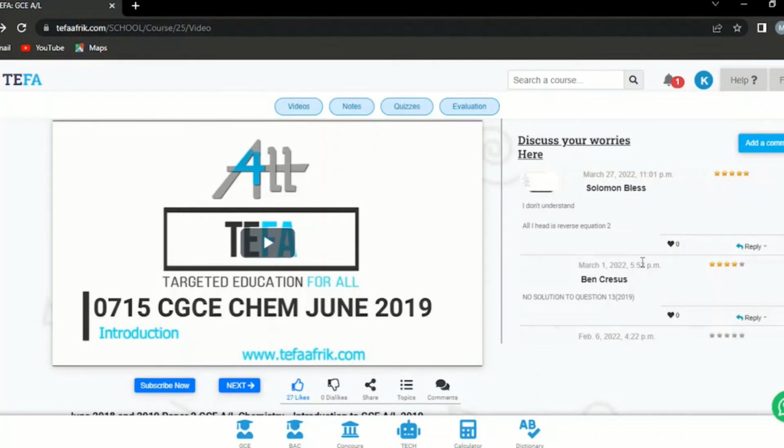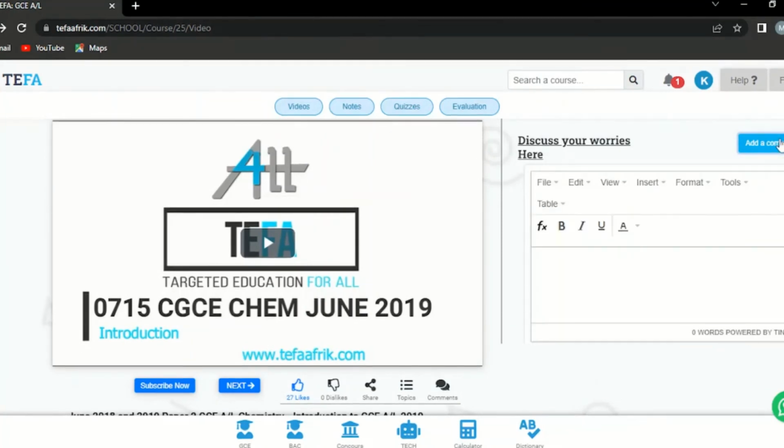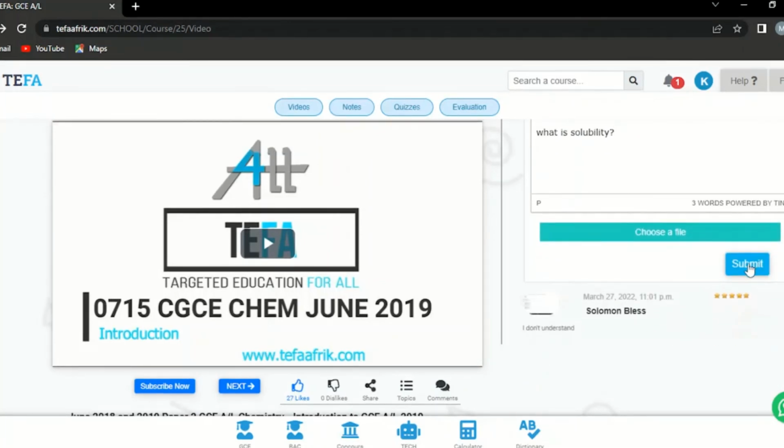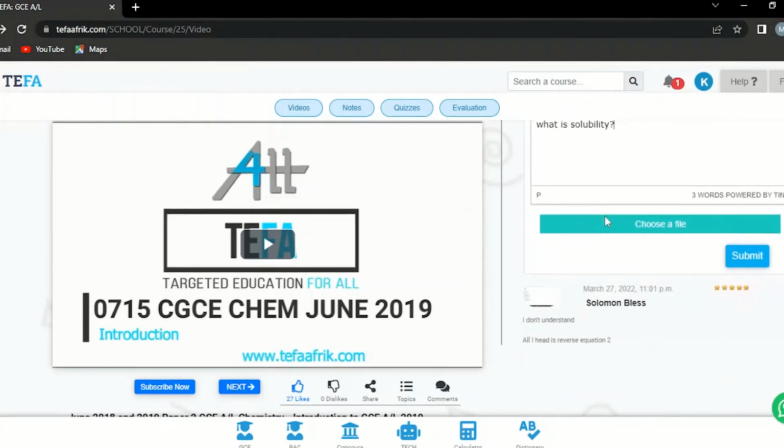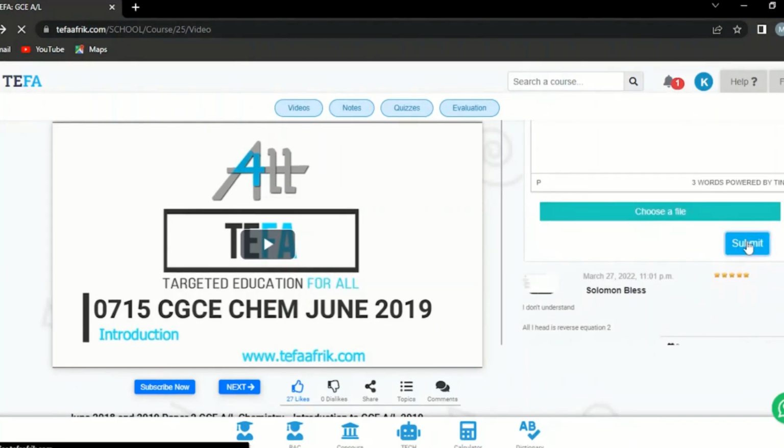If you want to post your question, you click on add comments, and then you text your question, what is solubility, for example, and then after doing that, you submit. Now, if your question is in picture form, you click on choose file, and then you choose the file on your device, and then make sure you write something in this text section, maybe help me with this question, before you submit to make it successful. So for example, if I submit this,